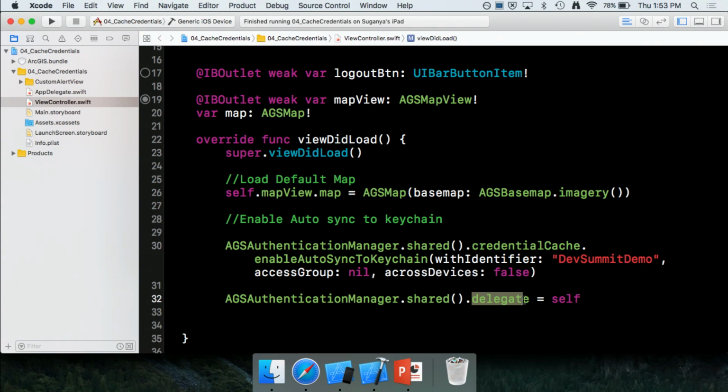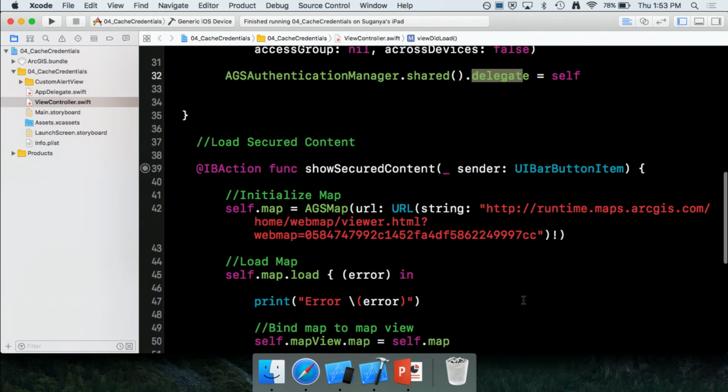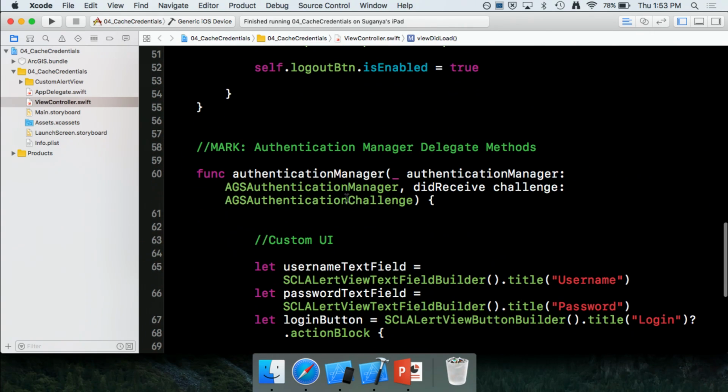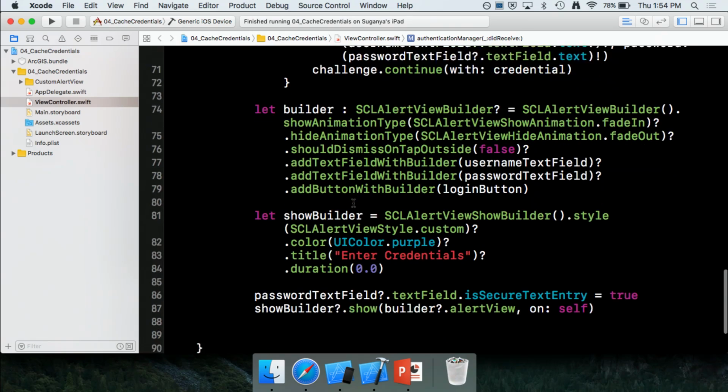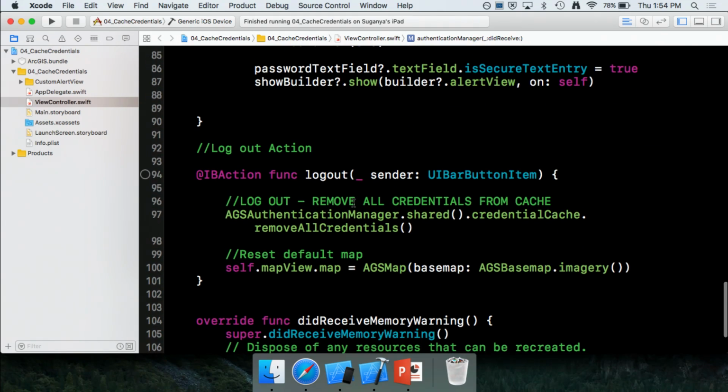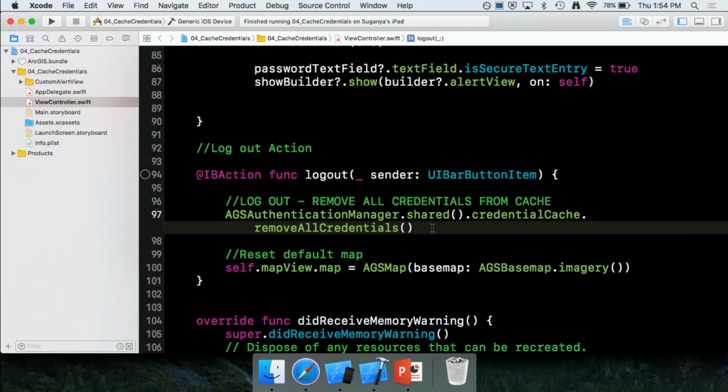Then I've set the delegate, and I've implemented this delegate method. Basically, I'm going to be using custom handler to first authenticate my user. And finally, I have a function here that would call this method remove all credentials from the credential cache.